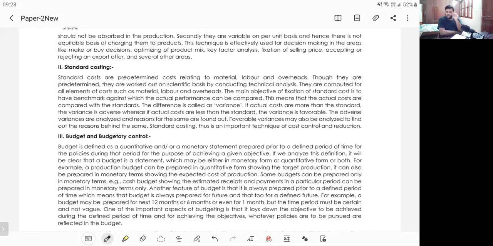In that trip, you thought that you will go to a safari. Safari is nothing but a place where you can see wild animals. You thought you will go to the safari, but unfortunately, the safari is not there. Because the safari is not there, your expenditure should be 3,000 only, but you made an expenditure of 4,000 rupees. So is it a good situation or a bad situation? It's a very bad situation.